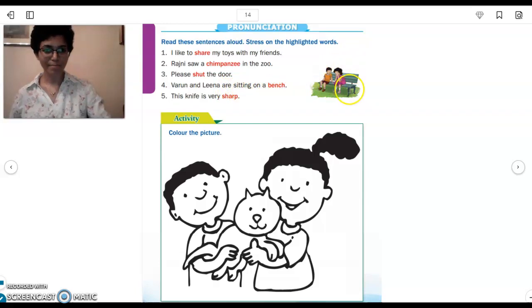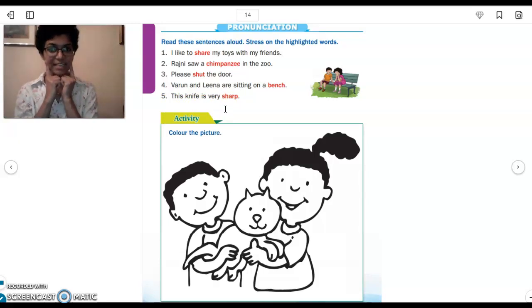They are sitting on a bench. That is what we see in the image. Fifth, this knife is very sharp. These words we already saw, right? This knife is very sharp. Sharp meaning it can cut your hand. So,